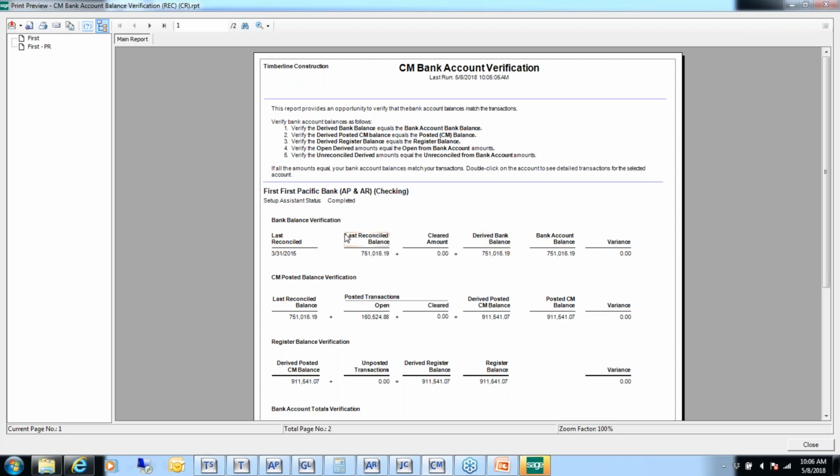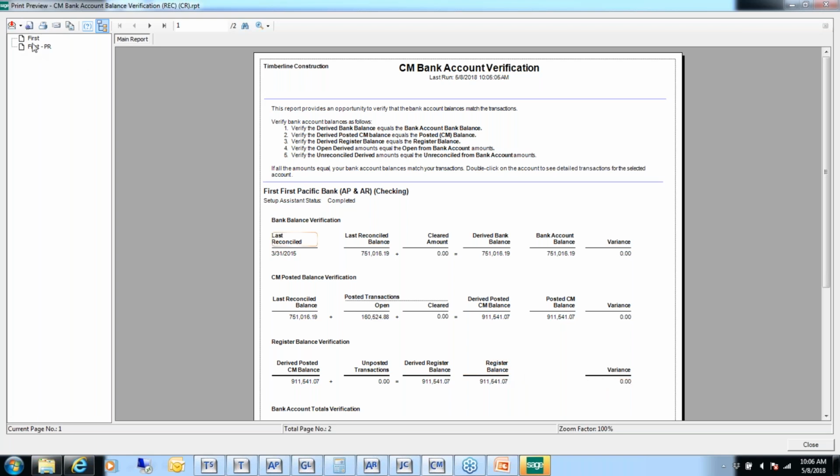So we have a derived bank balance, a derived posted balance, and a derived register balance. It does a calculation here to come out to the 0. So it's coming up with a derived minus either a posted number or a register number to come up with